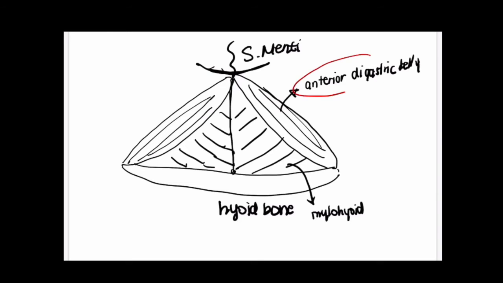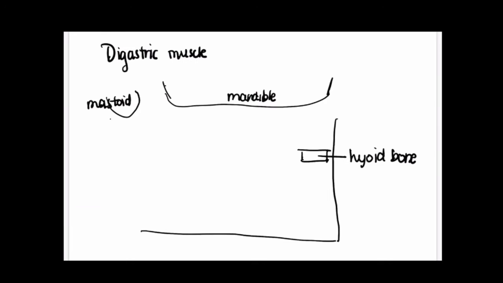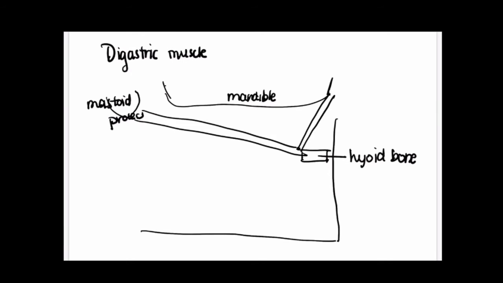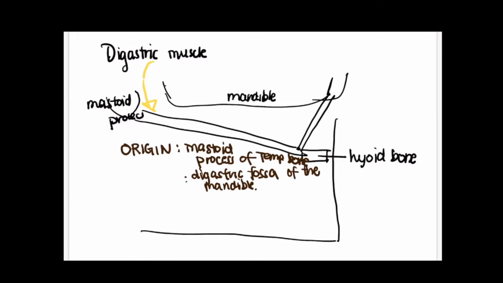But first, let's proceed with the first muscle, which is the digastric muscle. This is the posterior belly of the digastric muscle and the anterior belly. It has two origins, which are the following. First is the mastoid process of the temporal bone, and another one is the digastric fossa of the mandible. It is inserted in the intermediate tendon connected to the hyoid bone, and then it is innervated by